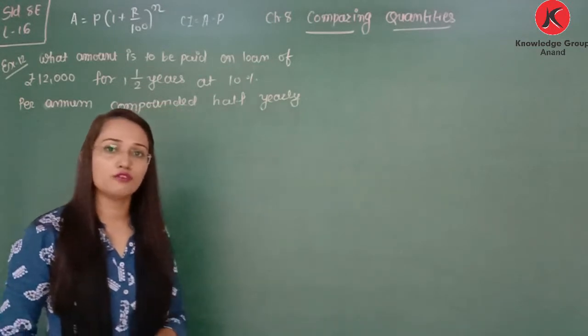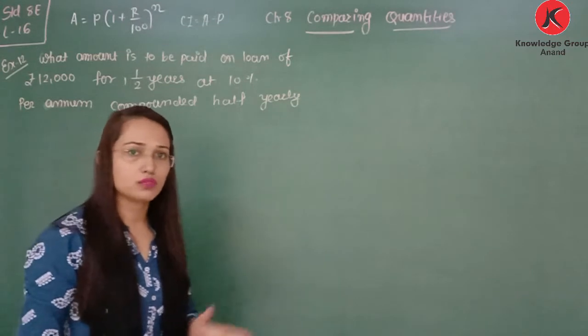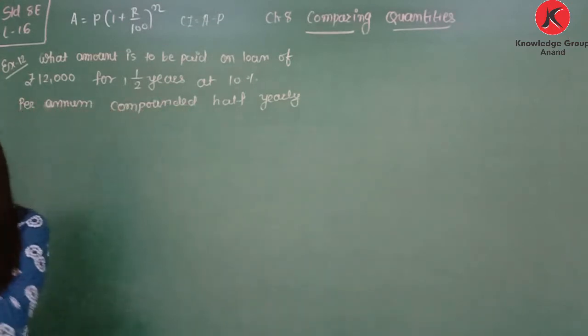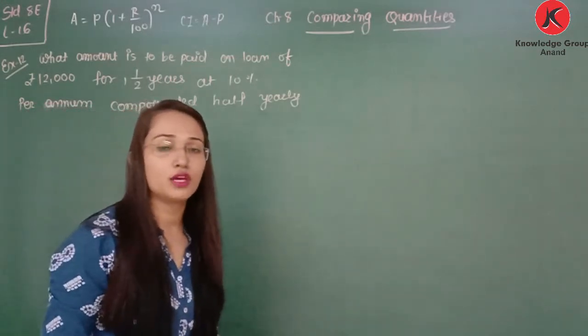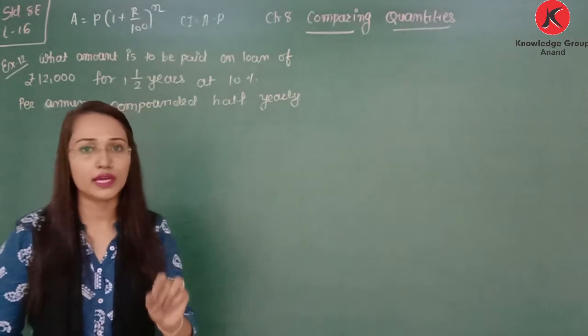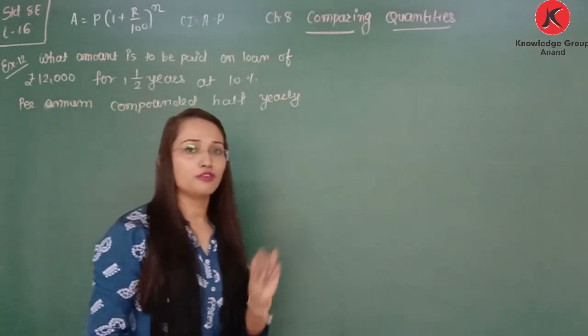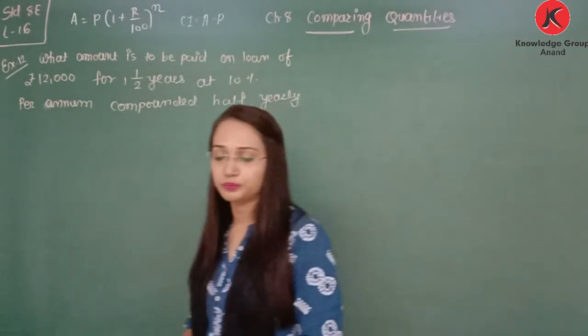If we are considering 2 years, then our principal value will change 4 times: for the first 6 months, after the second 6 months, then the third 6 months, and then the fourth 6 months. Clear? So that is compound interest half yearly. In that we need to divide the rate of interest by 2 and multiply n by 2 to find n and r when it is compounded half yearly.